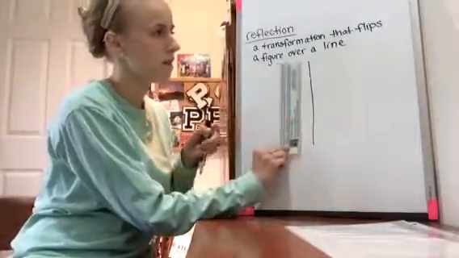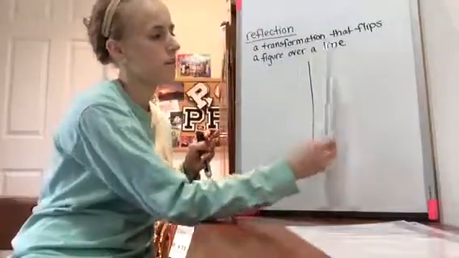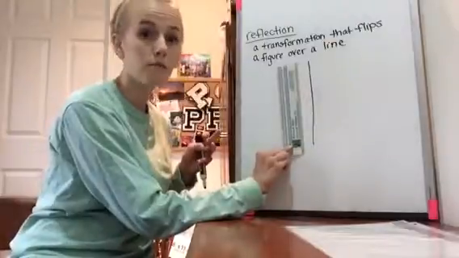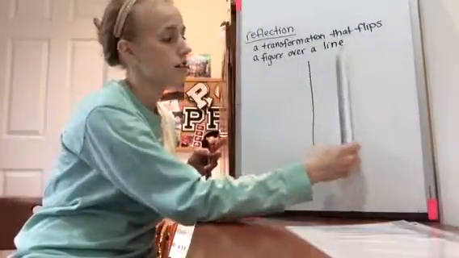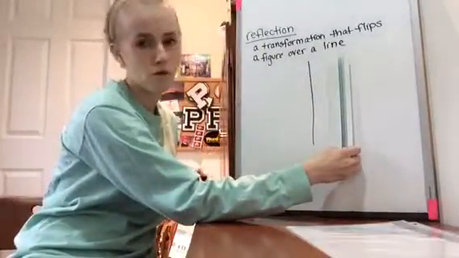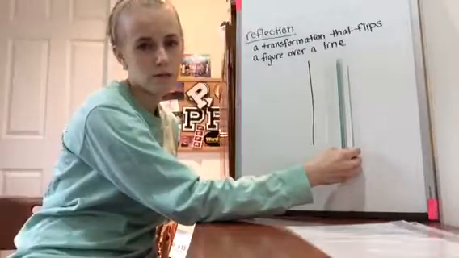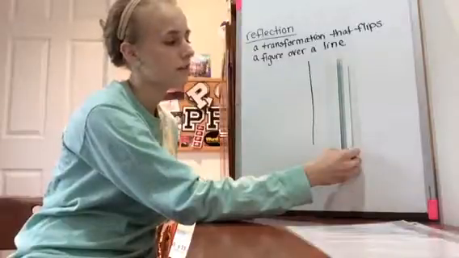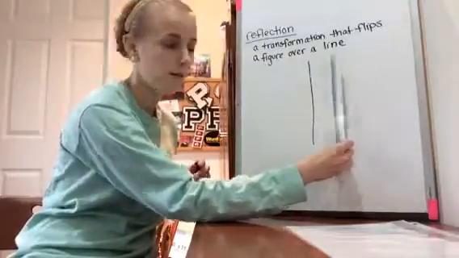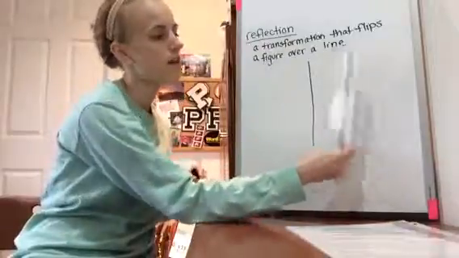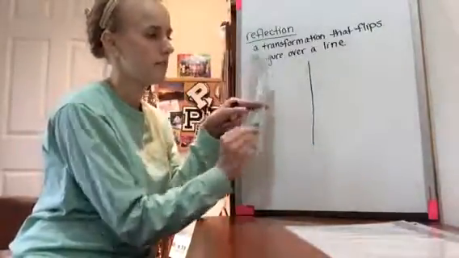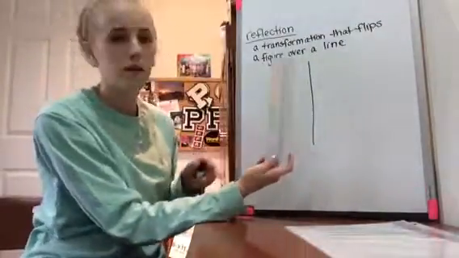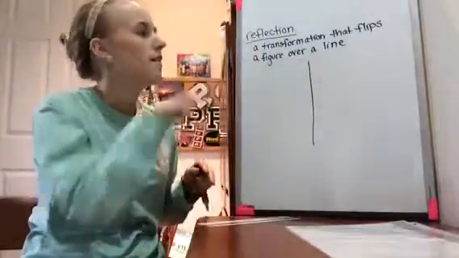Well, what does it do? Reflection means it flips it across. So notice one side you can see the writing on my ruler and the other side you cannot. So that's going to be important when we're thinking about the shapes we have in terms of like triangular or something that's not going to look the same like a rectangle when we flip it across. Other than now, we see the back side of it. So it is going to matter, but basically what you need to know is that a reflection flips it over